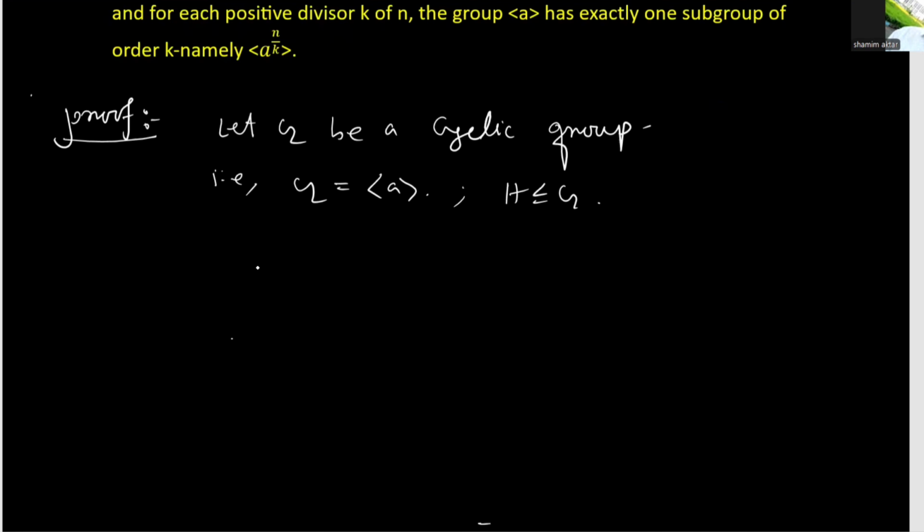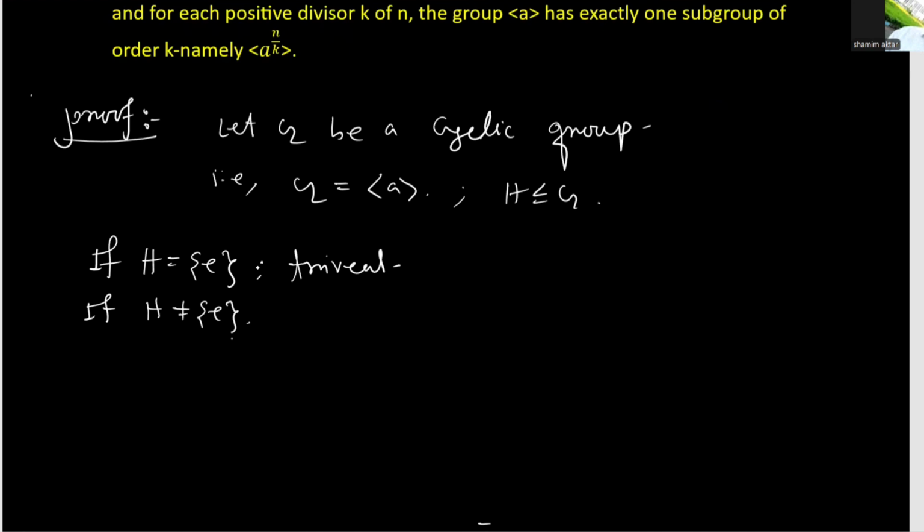First of all, if H is the identity, then the proof is trivial. Now if H is non-identity,